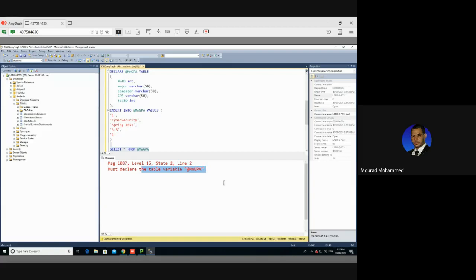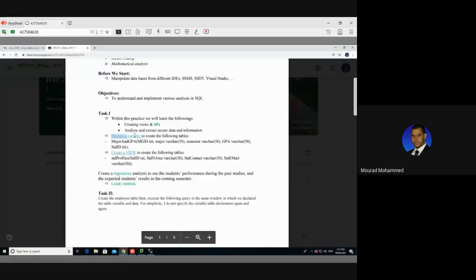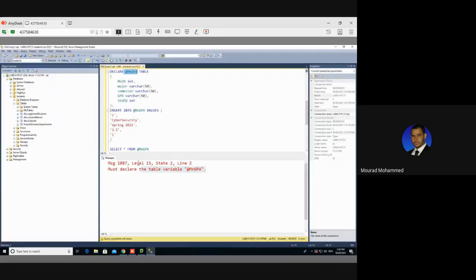This is a process that can be utilized only in runtime. It's not to generate a persistent entity and use it later on. So this way we can declare and use something in runtime. Here, see now it is giving me an error when I did select. Why? Because this variable will not save, will not be persistent in saving values. But now I'm going to highlight all of them